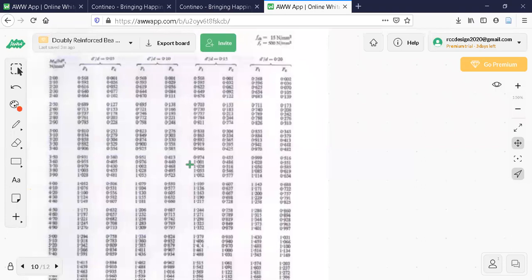Shear reinforcement, stirrups and all, there is no change. You have to use the same method. But for finding Ast in singly reinforced beams, Ast and Asc in doubly reinforced beams or in slabs, everywhere wherever Ast is required, it is better to use your SP16 codebook only. Like that, many tables are there apart from this, which will reduce your calculation time in the examination. So a lot of things are there.